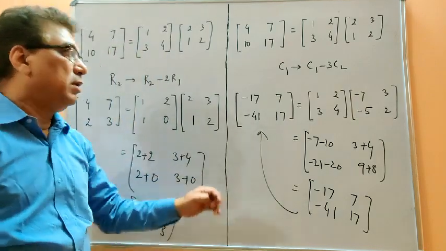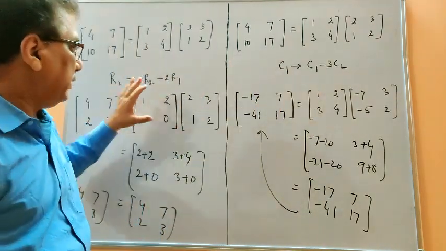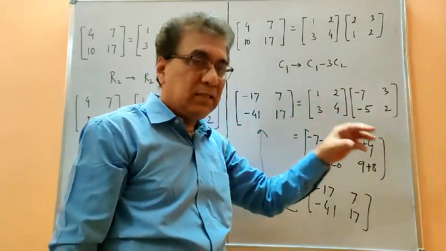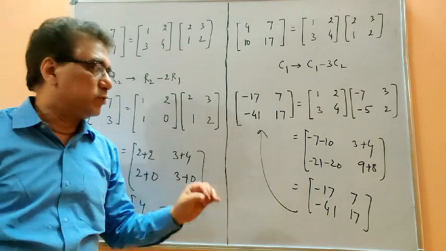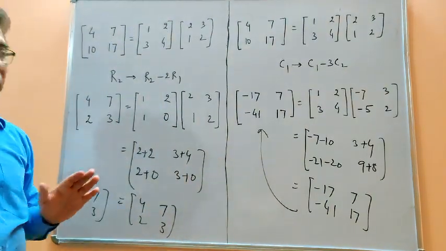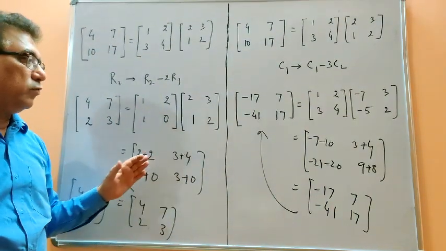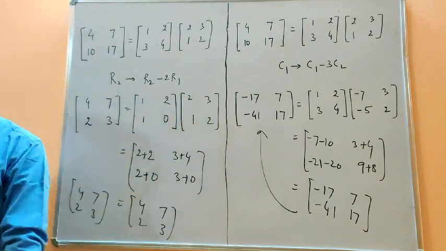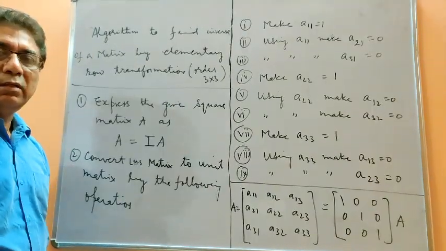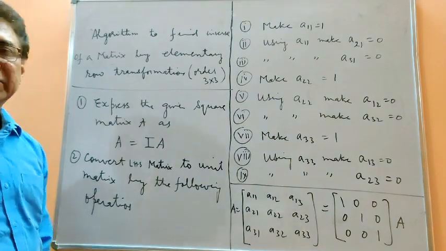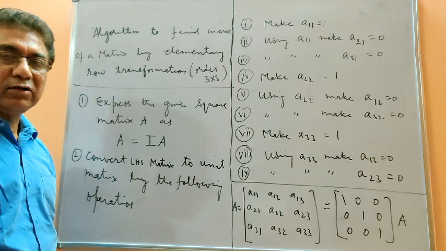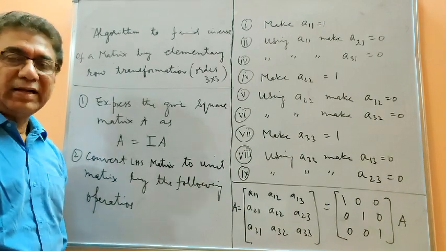So be careful. The row operation should be performed with the first matrix and the column operation with the second matrix. This is the main inherent principle in this type of transformation. So while doing questions, we have to keep all these things in mind. Now, as you know, elementary transformations are related to square matrices. Okay, we cannot apply them to other types of matrix.